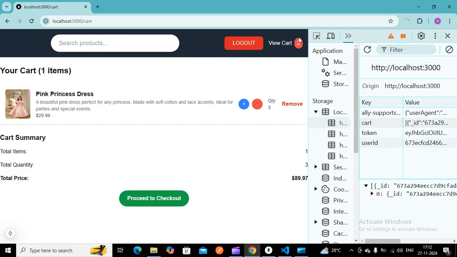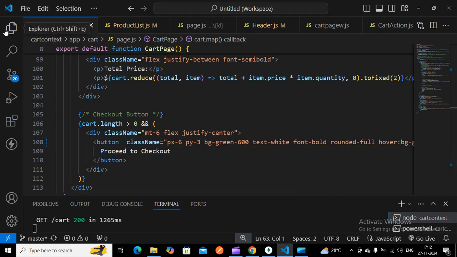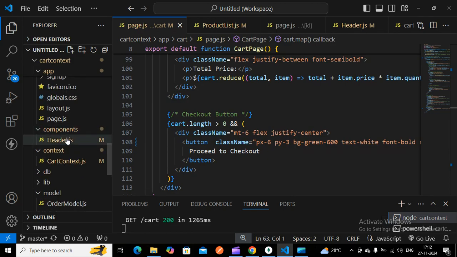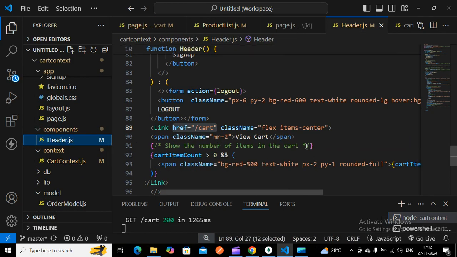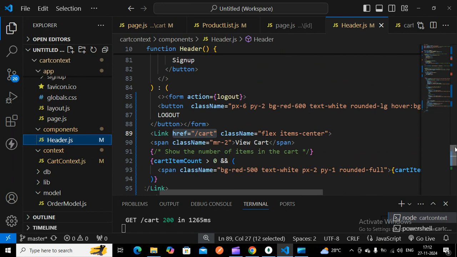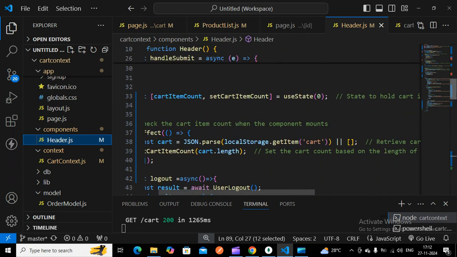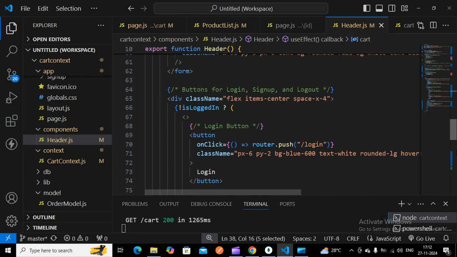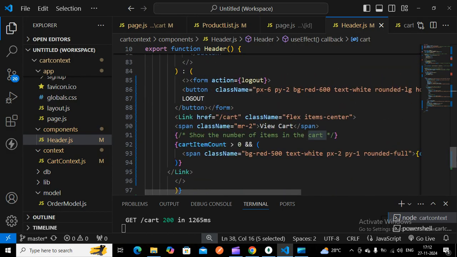The view count we had seen in the header section. If I go to the header section, you can see the count value we will be getting in the cart item count. So here I have to get the cart, and I have to set this useState variable. Initially the value will be 0. Once it counts the cart length, it is set to this cart item count, so that it will be displayed here.